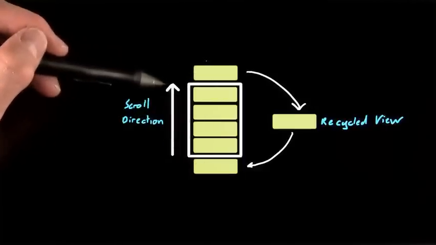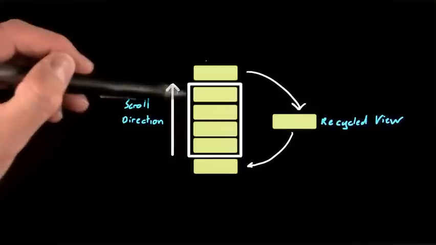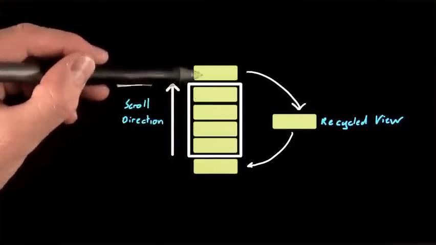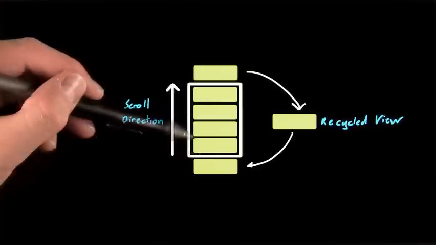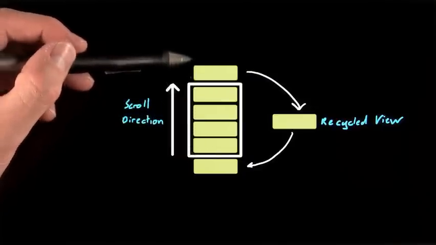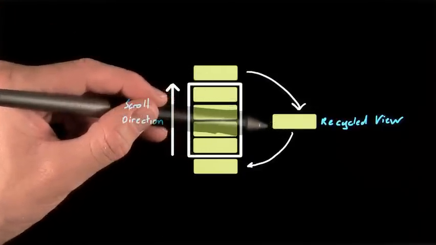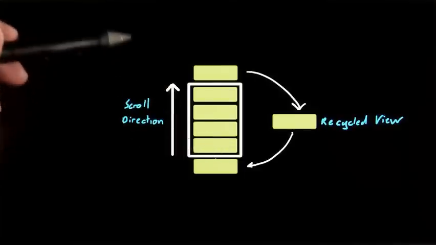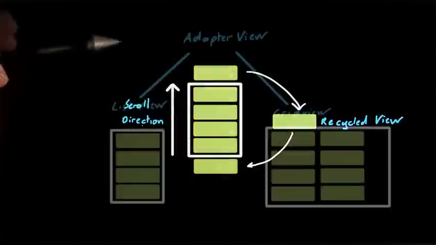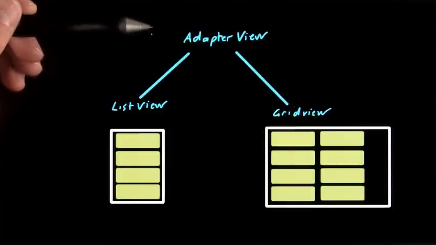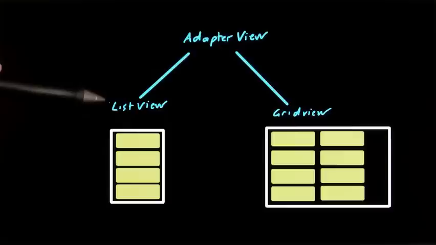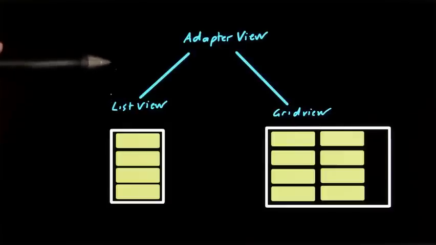So rather than having to create and then hold in memory each item of the list as it comes into view, we only need to do the creation step for the number of visible items and a couple on either side. Then, whenever a new list item comes into view, we just update the data displayed in one of the items in our recycle bin. The result? Less memory overhead, smoother scrolling, and less view management you have to do yourself. This same recycling behavior is implemented across all adapter view descended classes, such as grid view and list view, which also introduces the reason that the adapter isn't built directly into these controls themselves.